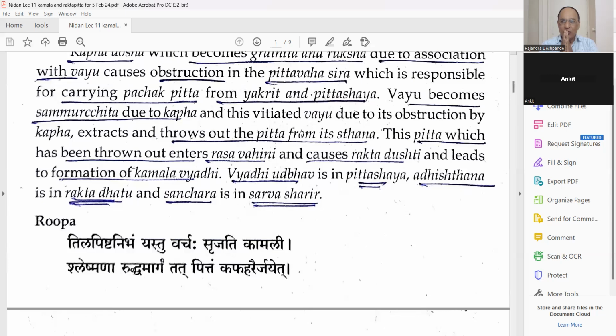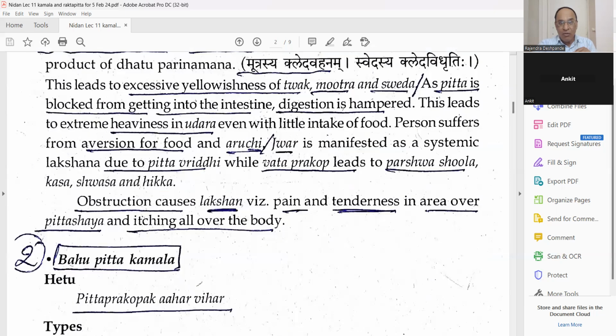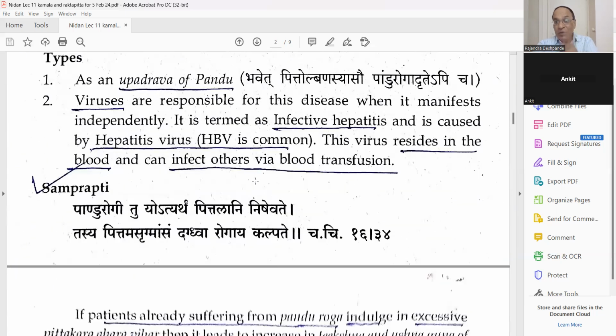I request all my students to write down the basic things. Whenever we drink sugar cane juice with ice, and that ice is formed from impure, contaminated water, that virus enters our body. That virus is virus A. Three weeks rest is enough. No specific treatment. But here, what we are talking about, the second one, is virus B.